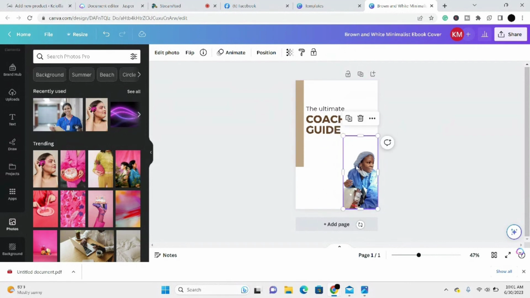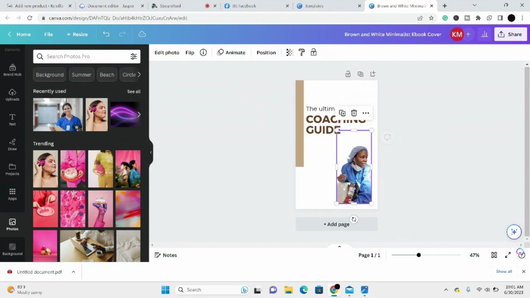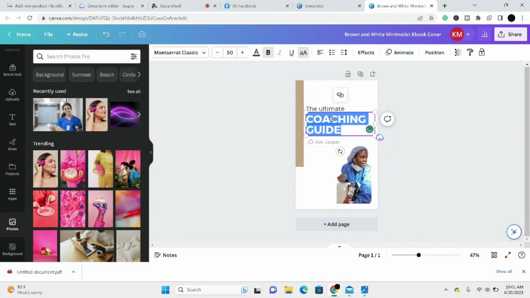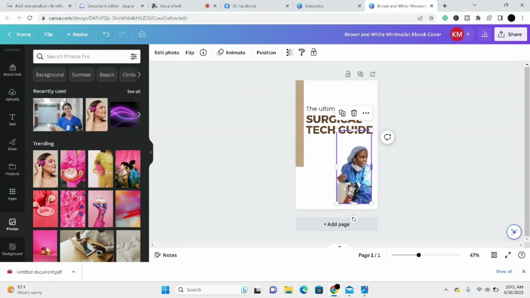So now I'll go ahead and adjust the image to how I want it. And as you can see, Canva kind of gives you some guidelines on what looks right and what doesn't. Went ahead and wrote the name of the book, but this is not the name of the book. I just changed it, but I'm not sure why it's lagging like that, you guys, so I do apologize. Oh, I'm trying to spell. That's what that was. Okay, so now that we have the ebook cover design, and that was in real time,